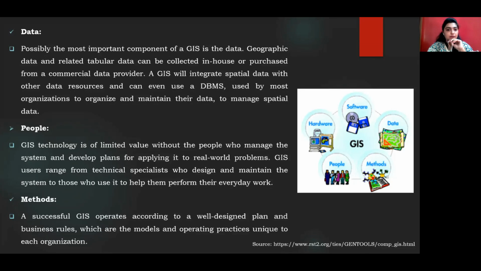Apart from that, people, which is the next component of GIS, of course people is required. Who will manage the hardware, who will install the software, who will use the software? It is nothing but people. We will be using it, so we also become a very important component of GIS. If I have the software, if I have the hardware, if I have the data, I cannot construct till I don't put in the effort of constructing the map or using the hardware, using the software. So the technical specialist specializing in that area has to be there.